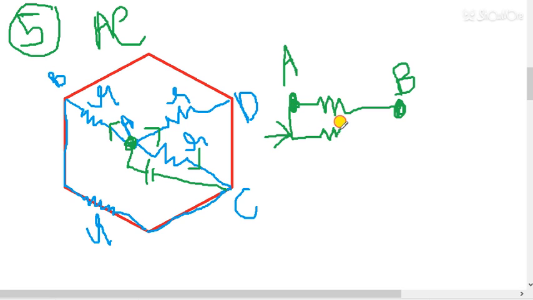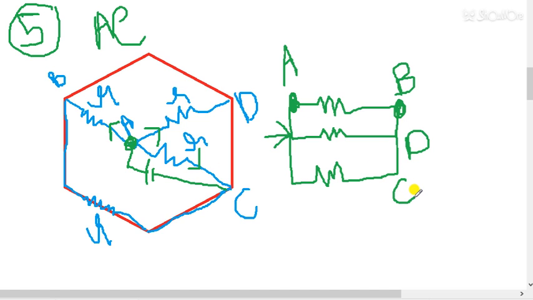Then from A to B again one resistance is connected, that is D. A to D, okay, one resistance is connected. Then I will again take one resistance that should be connected with A to D. A to B is with common D, D is common with C. So I will take A to C, this one. Now I have to understand that I have to connect a resistance between B and C point, because there is a resistance between B and C point.